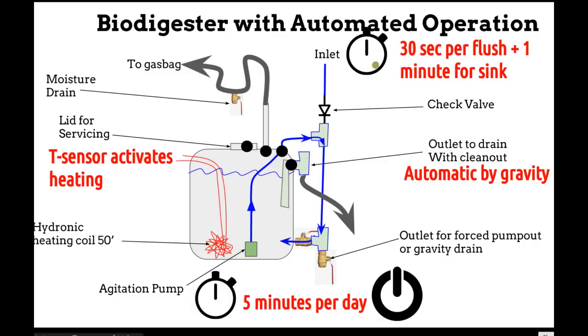That means from the flush toilet and from the sink, about 30 seconds and 1 minute each, respectively. So that's already happening from before. It gets fed into the bottom of one of the chambers of the biodigester, and then 5 minutes in the day, really any time, once or twice maybe,